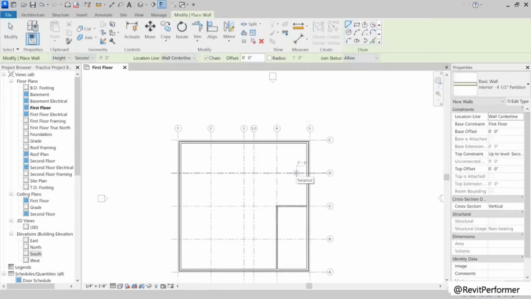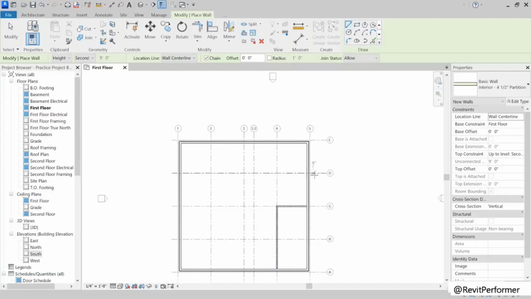It's a pretty cool tool inside of Revit. What that does is it makes it so that you don't have to remember, maybe you might have a good 20, 30 different wall types in your project, and you don't have to sit there and remember each one, as long as you know that this is the wall that you like and it has the properties that you want to use, and you're going to use it again.